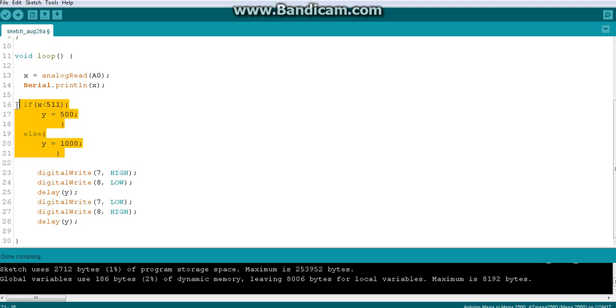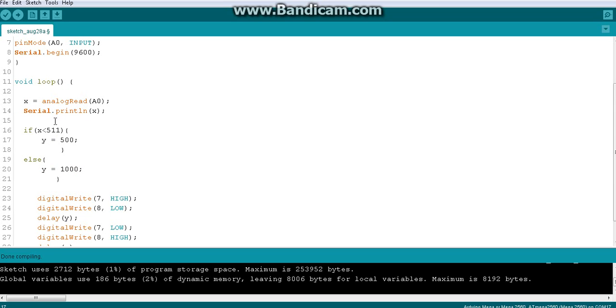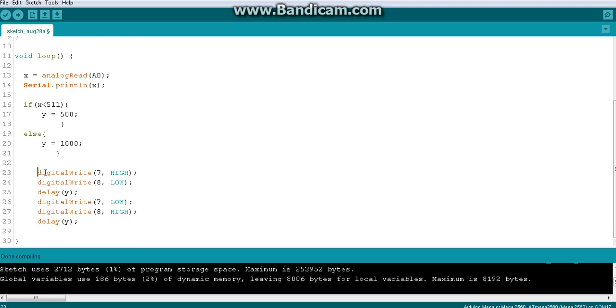This piece of code will run anyway. Before that, we are simply making sure to assign the respective delay times depending on the input we are getting from the analog pin using the preset. So this is very clear, right? In other words, if the value is less than 500, the delay time is less, so the blink will be very fast. Otherwise, if the value is more than 511, the delay time will be 1 second, 1000 milliseconds, double this 500. So the delay between the blinks will be high and the blink will be slow. Do you understand what I'm telling? That's cool. So now we will go for a demonstration.